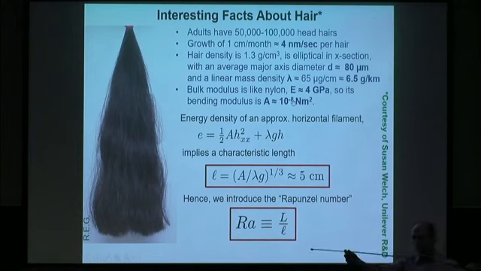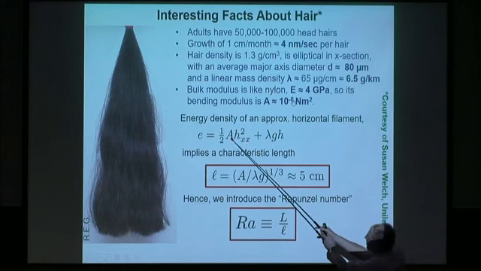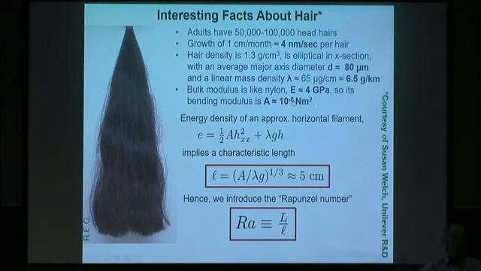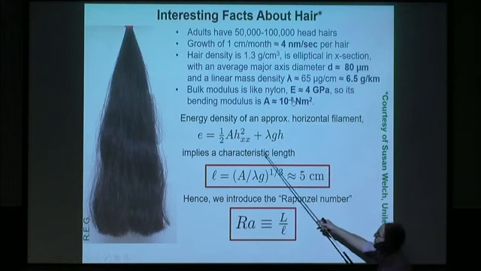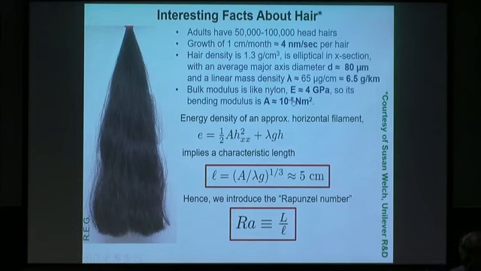Now if you just think about a hair, imagine that this is a hair, and you ask about the energy when it's horizontal or almost horizontal. Well, if you bend it a little bit, it's going to cost elastic energy, and that goes like the square of the curvature times an elastic modulus A. And then there's work that you do against gravity to raise it some height h. So if you just compare these two terms and say there exists a characteristic length, that length will turn out to be the bending modulus divided by the mass per unit length times gravity, to the 1/3, and in round numbers that's 5 centimeters. And that's the length below which gravity doesn't matter and above which it does.